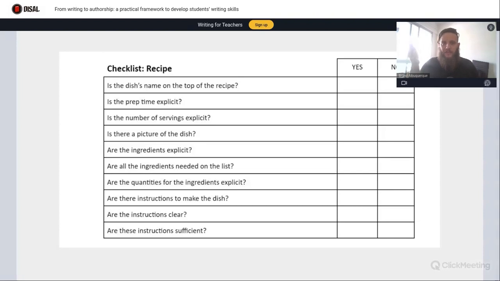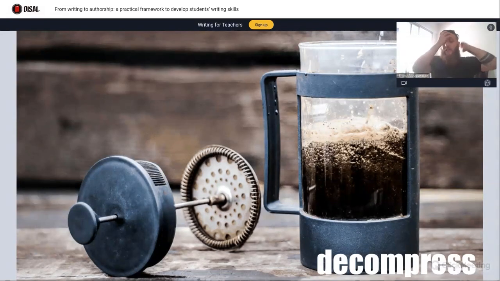For the other class, I collected the texts, gave my feedback on the genre, on grammar and vocabulary and mechanics, etc., and then gave it back to them. They rewrote the text, edited, and then got more feedback from me at the end. Yeah. Can we decompress and see what happened here? Yeah, I think we should explore this.